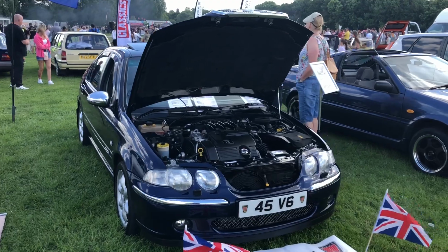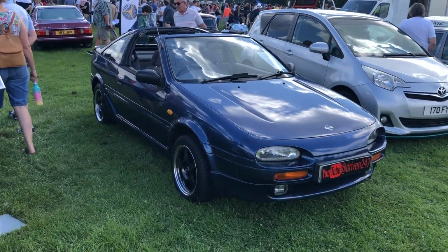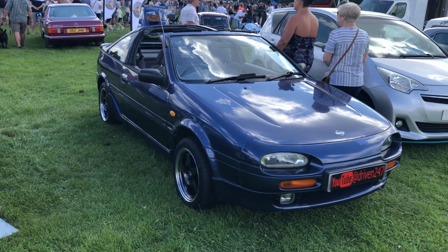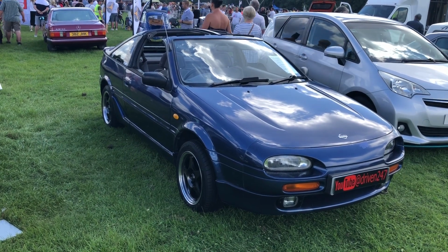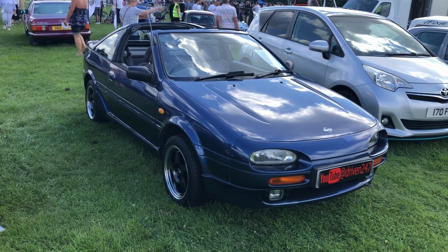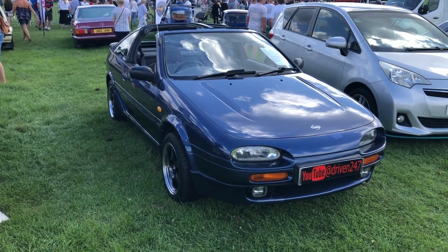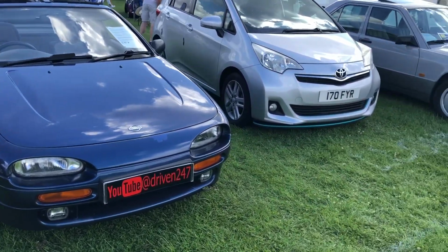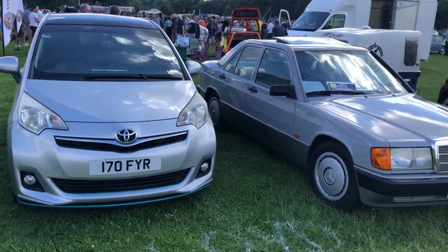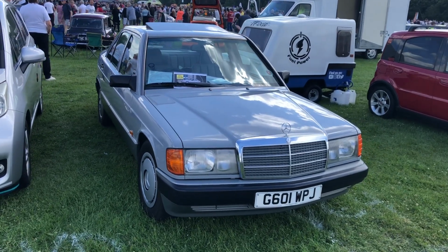Next along is Amber Driven 247 Channel's Nissan 100NX, again a unicorn in its own right, and this is a superb car. Check out Amber's channel, Driven 247, the automotive channel, and you can see the story of this car and the quest she's had to try and improve it and get it through its MOT test. And we've got a later Toyota Verso S, my own Mercedes-Benz 190E from 1990,